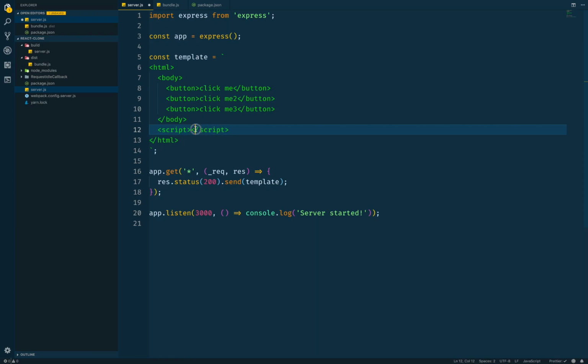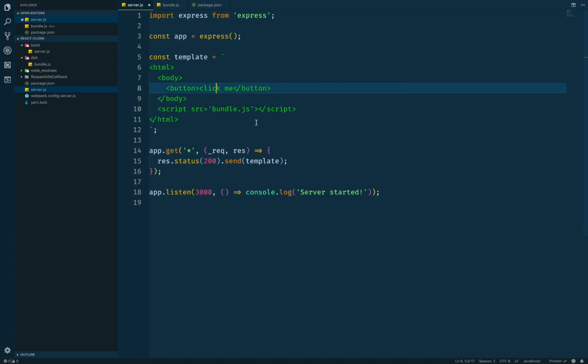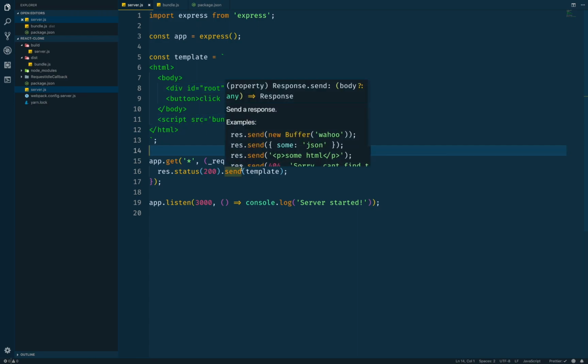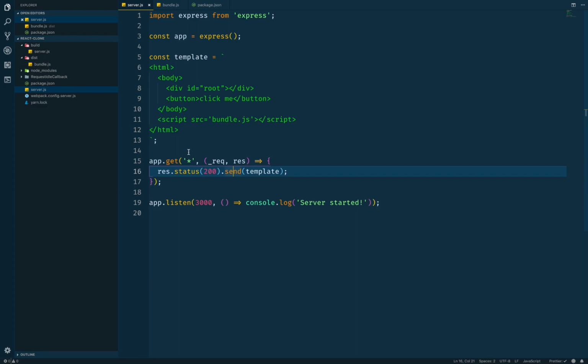and it should be, I don't even know, is it source what I have here? Source, and it should be bundle.js. I need only one click. Actually, I will probably need only a div later on, because as it would be a React app, we want to have a root identifier,